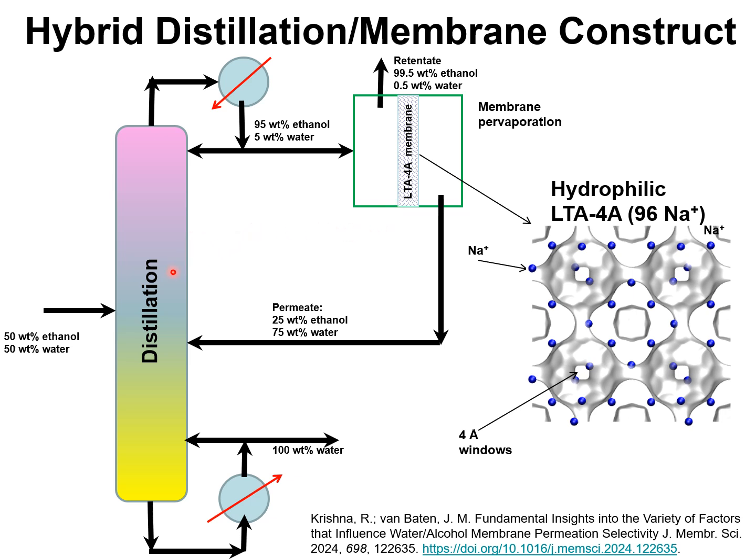The top product from the distillation column, which is rich in ethanol, say 95% by weight of ethanol and 5% by weight of water, that corresponds roughly with the azeotrope composition, is separated in a membrane pervaporation unit that selectively